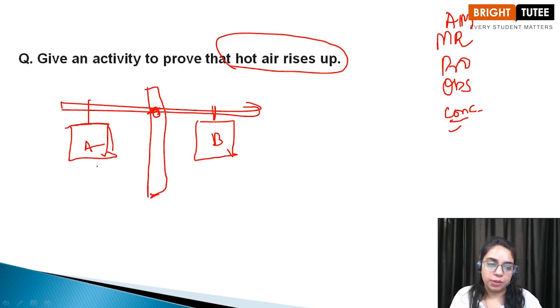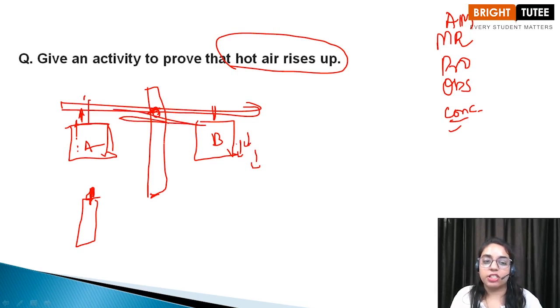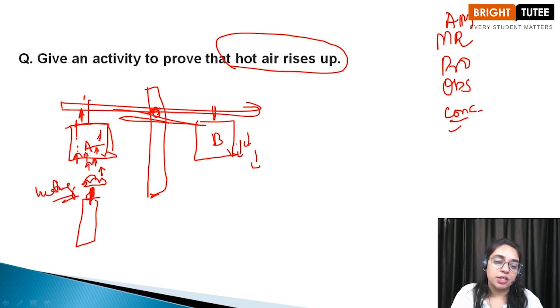Okay, and below one of the paper bags you will place a burning candle, and after some time you will observe that bag A rises upwards and bag B moves downwards, and this balance will be disrupted. Why children? This is because the air above this candle starts heating. Once it starts heating, it will start rising up, and when it rises, it will fill bag A with hot air, and as a result, with the hot air rising, the bag will also move upwards, bag B will move downwards, and as a result the balance will be disrupted.